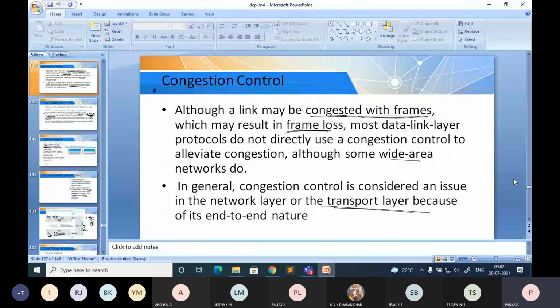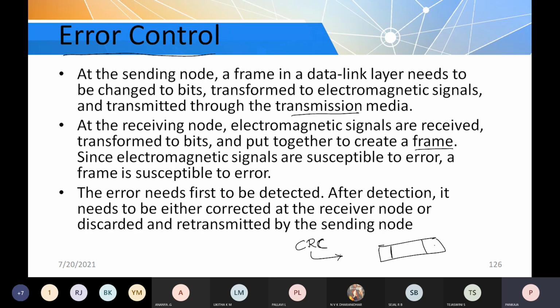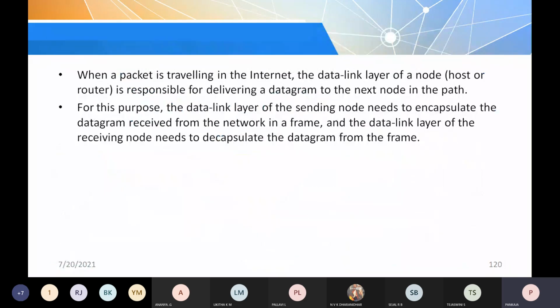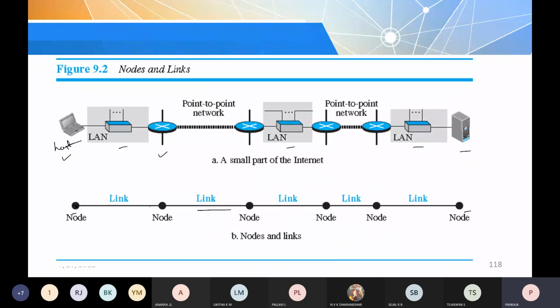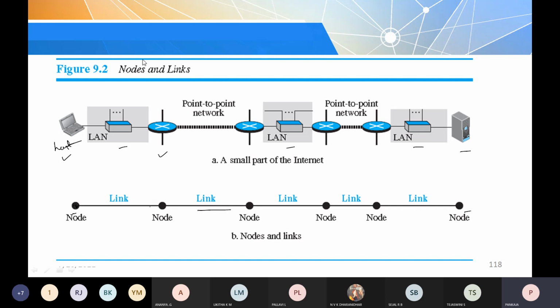Okay, so a very important thing we discussed in yesterday's class was the data link layer, what we call nodes and links. With respect to any particular network, how can you identify which are the components, or nodes, and links, and what are the services provided by the data link layer?